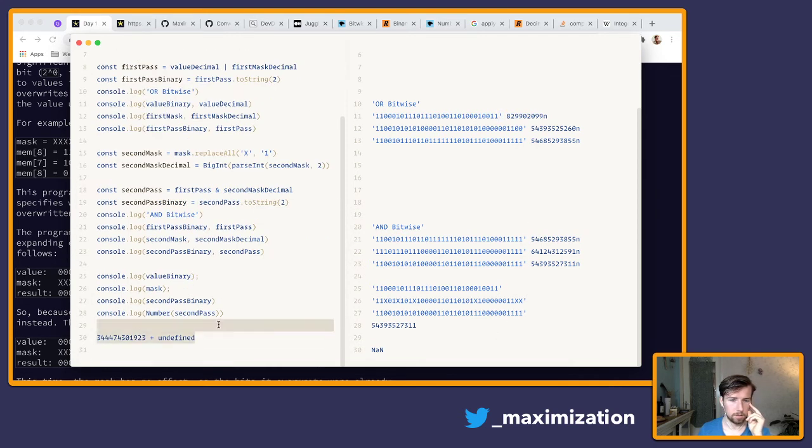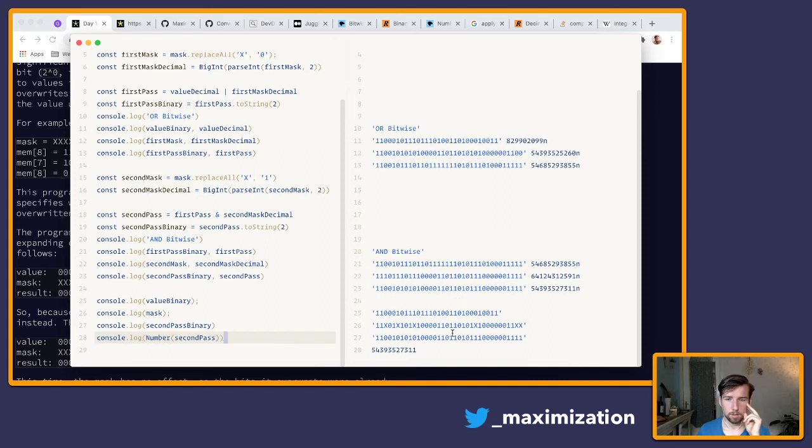Wait, oh, we can get rid of this. Let's look at the result. So this is our number, this is our mask, and this is the end result. So we leave these two untouched. 1 and 1, that's good. And then 1 1 0 0 1, and then this is untouched,